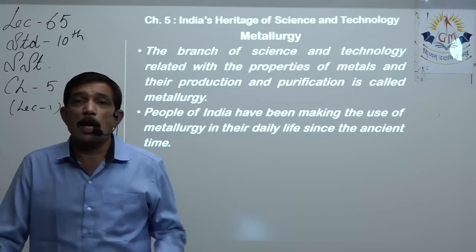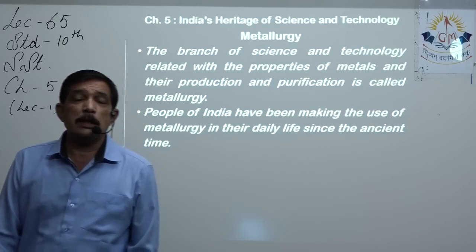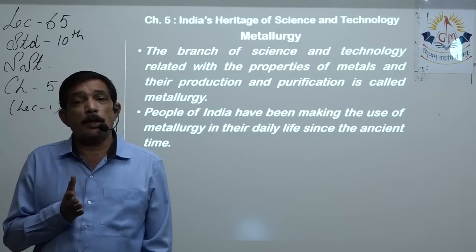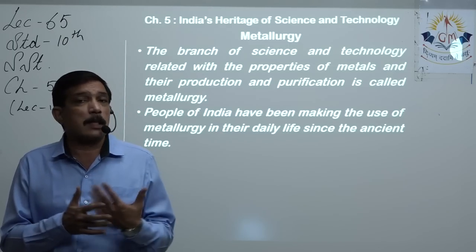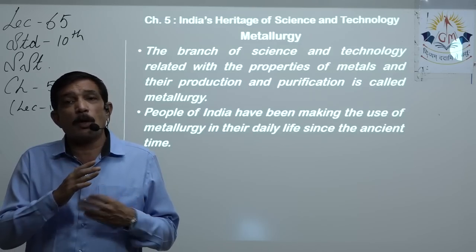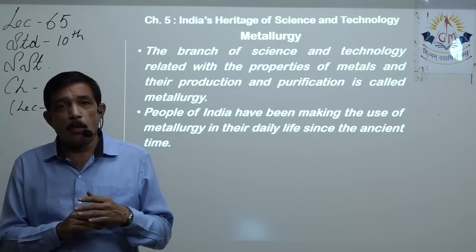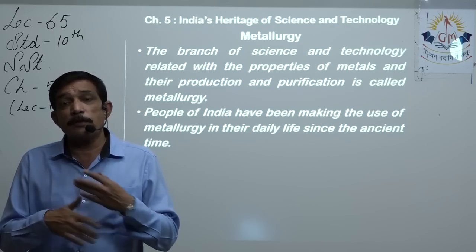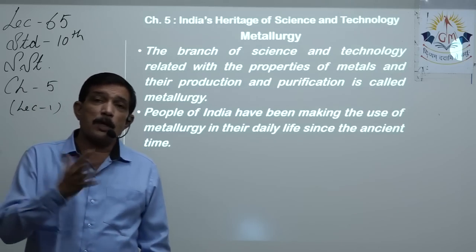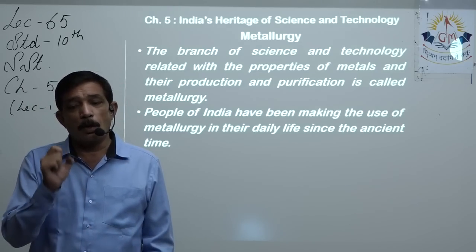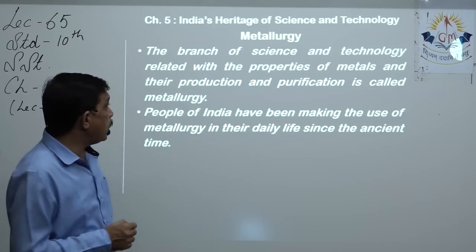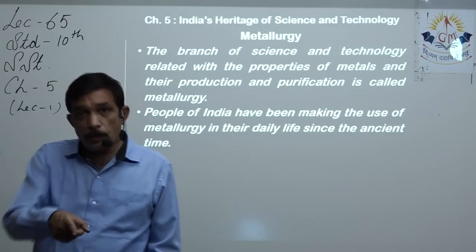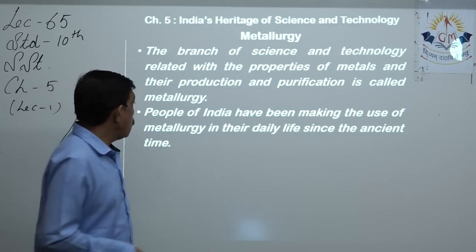So we have to take out iron ore, then put it in a furnace, heat it at a very high temperature until the mineral in it reaches its melting point and it starts melting. When it melts, the impurities either stay above or stay at the bottom, and we can filter the mineral out. Then we have to refine it, so that all the rest of the impurities are removed and we get the pure metal. So the branch of science which deals with the properties of metals and their production and their purification, that is known as metallurgy.